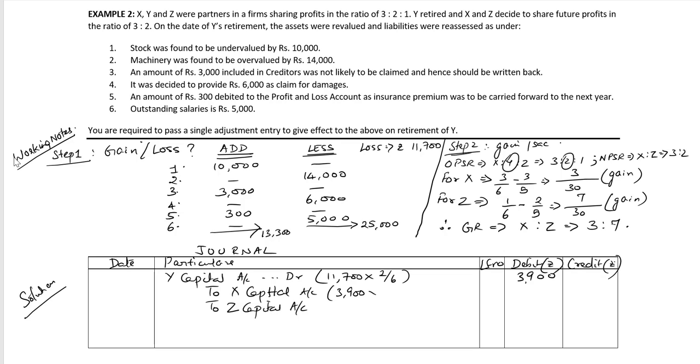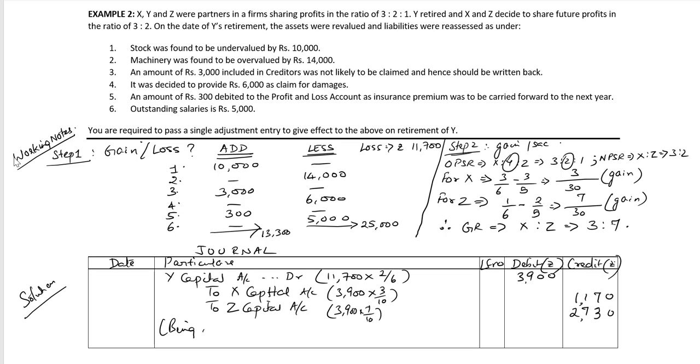Against partner X, 3,900 into 3 divided by 10, and against partner Z, 3,900 into 7 divided by 10. That is 1,170 against partner X and 2,730 rupees against partner Z,